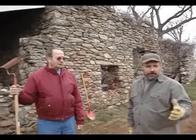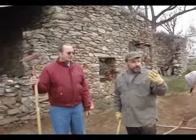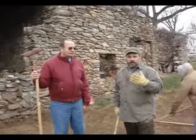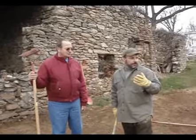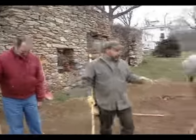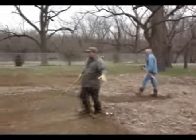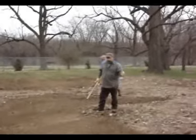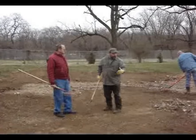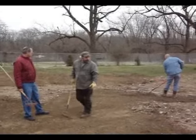And then there was a time period there that it seems the mill was in use and going hot and heavy, probably from that time period of the 1700s on through about 1845 or so, and that's about the time when we discovered that they were starting to fill in this little area back here that we're standing in. If we come over here, you can kind of see that it's like a circular type dig that we had going on, and we're thinking that there's a possibility this may have been an ice pond on the outlet side of the mill race that was used to supply ice to the mill and the people running the mill,